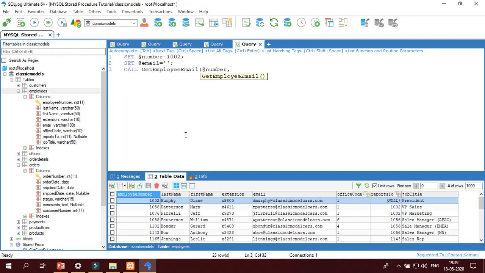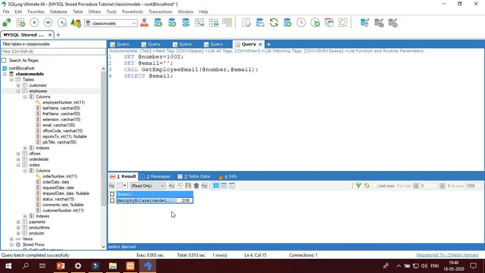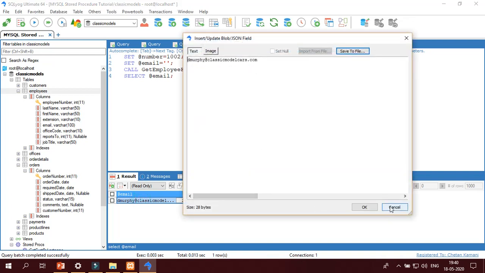You must remember the order, because if you enter the arguments in another order, it will give an error, sometimes a logical error, sometimes a syntax error. Then email. The email will be stored in the email variable. We have to print, then select @email. Don't forget to write this, because if you do not, you will not get the output. Okay, this is perfect.